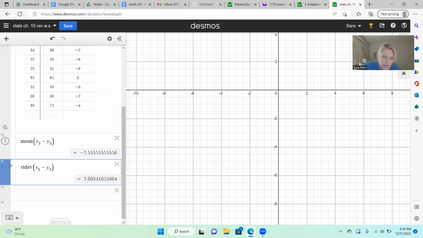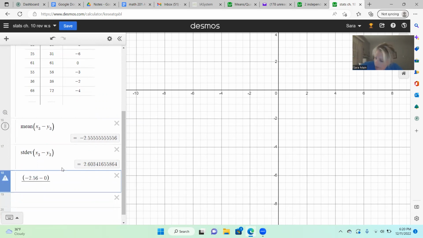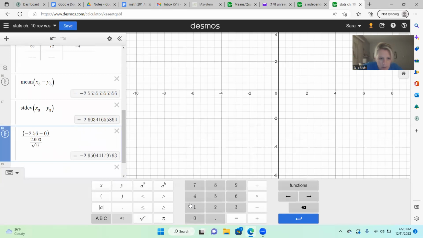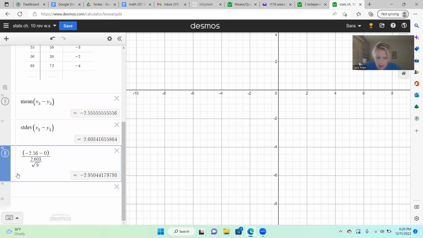Now, because this is a single data set, we could use the classical approach. It's not too hard to calculate. So I could calculate our test statistic here by taking the sample mean of a negative 2.56 and subtracting what we think it should be, which is 0, and then dividing by the standard deviation divided by the square root of n, which is 9. There were 9 salespeople. So that's our test statistic, and we'll be able to validate that in the little program. So our test statistic should be a negative